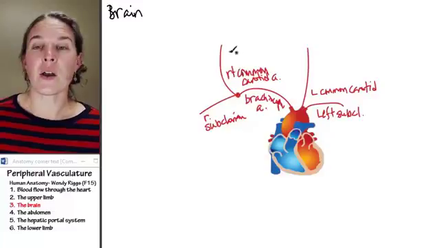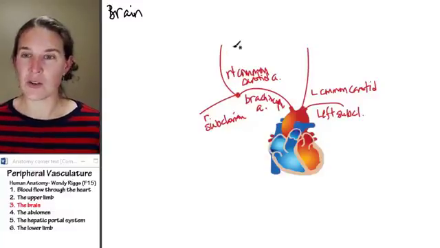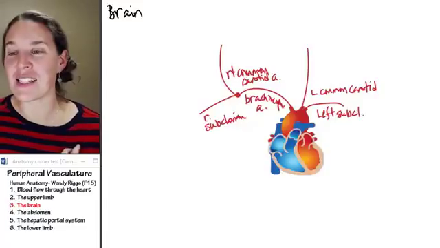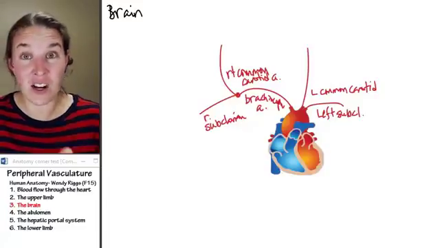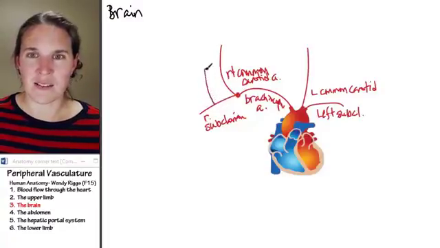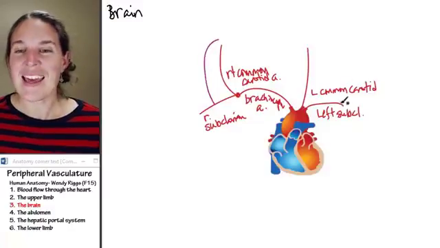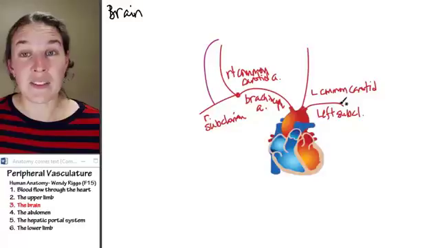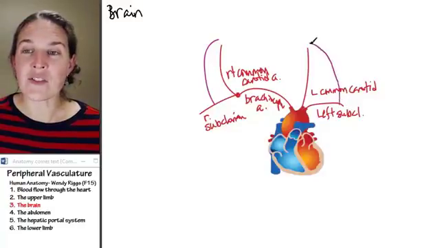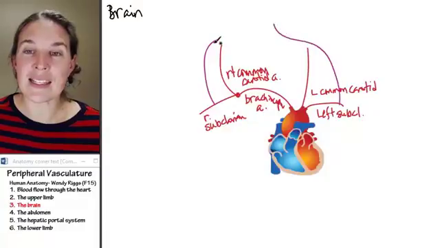Okay, now I'm going to show you, first of all, my other branch. And I'm going to make my other branch a slightly different color, even though it's still arterial blood. And I'm making it a different color just so you are excited, because, you know, it's always important to be excited. Okay. This guy branches off the subclavian on the right and the left side. It then travels forward, and these guys travel together up